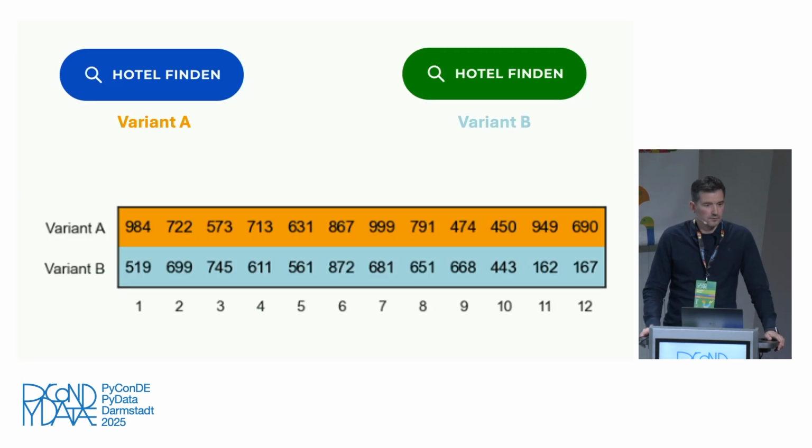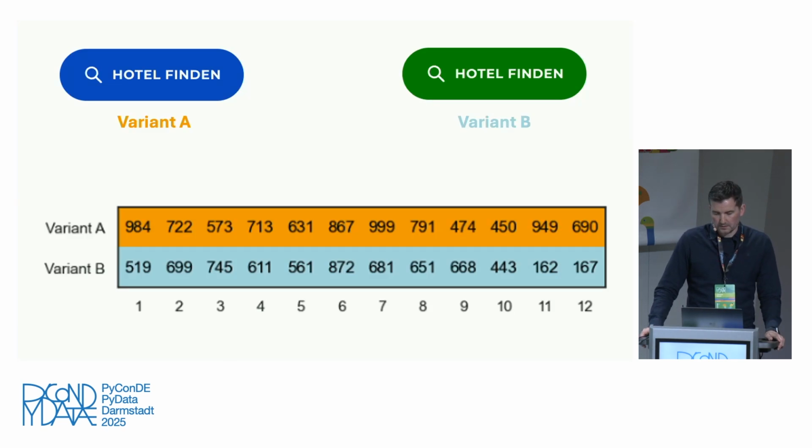Again, coming back to the target question that we have. We have a button that is blue and a button that is green. One of these is variant A, the other one is variant B. And we have some data attached to this, right? We randomized the users. For the purpose of this presentation, it's only 12 users per group, but as you can imagine, there are usually way more. They also don't need to be exactly the same number. The sample sizes can differ, but they should be more or less rather equal. There shouldn't be a huge discrepancy between the sample size numbers.